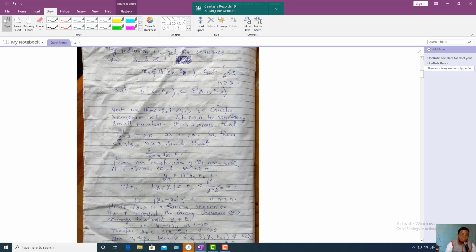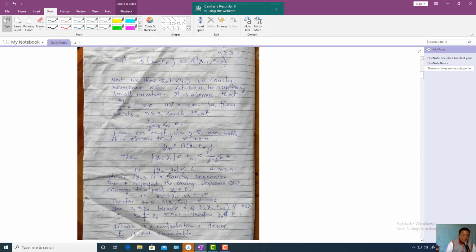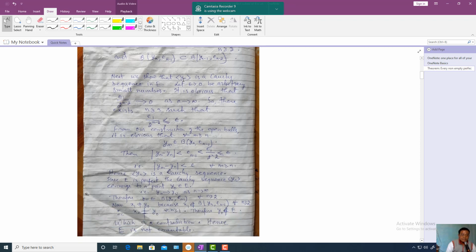So each xn is not a member of the open ball centered at yn with radius epsilon n minus 1, and this epsilon n minus 1 estimate is strictly less than epsilon 1 divided by 2 to the power n minus 2. So far, this is the construction. Next we saw that this sequence